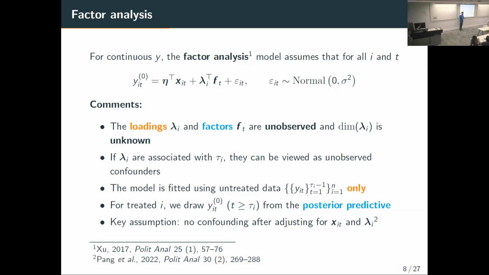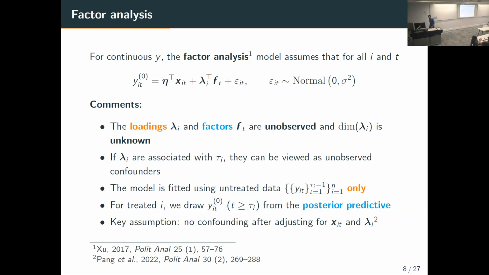I didn't want to list them in a formal mathematical way because that introduces a lot of notation. I'm giving a very good reference here. Pang and colleagues have made a very thorough derivation of where each one of these assumptions is needed. But the key unconfounded assumption is that once I adjust for the xi's and the lambdas, there is no more confounding of these effects. And as I said before, I cannot use this model for my own examples